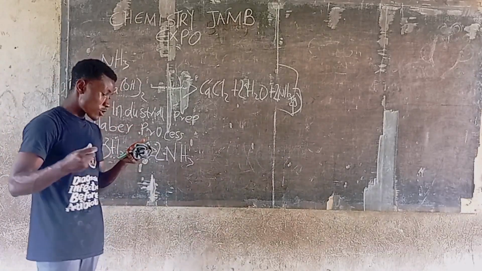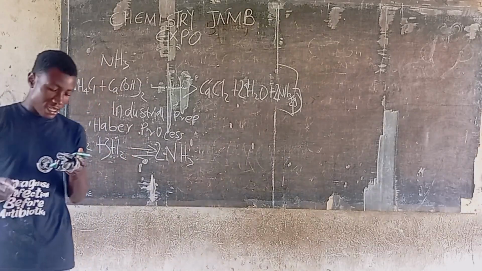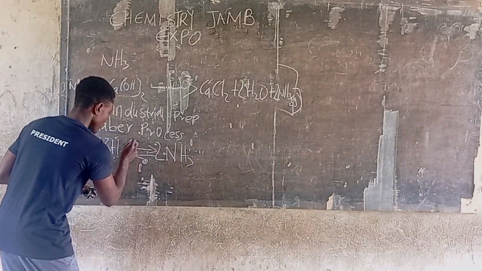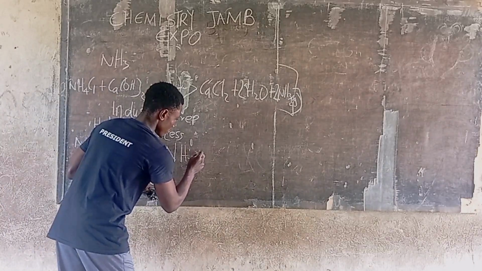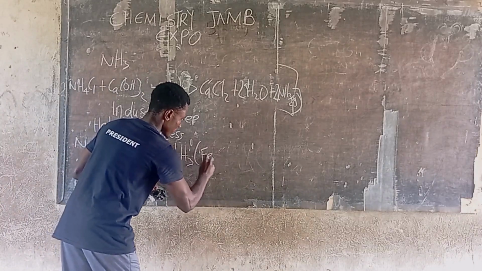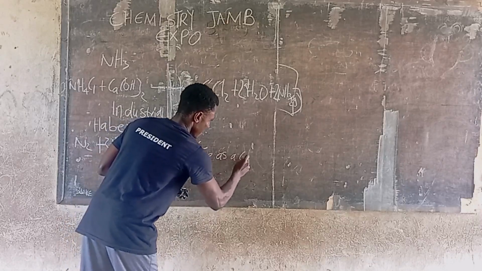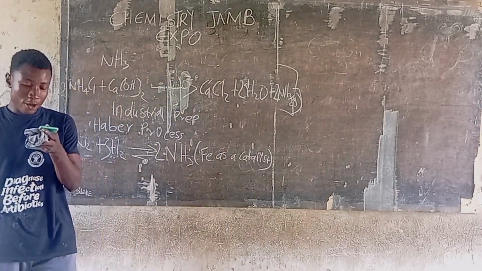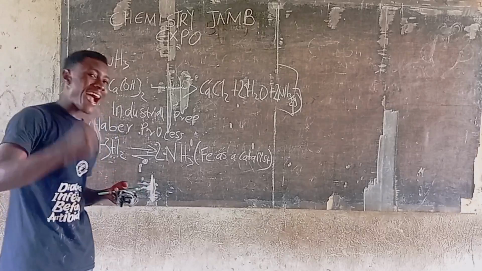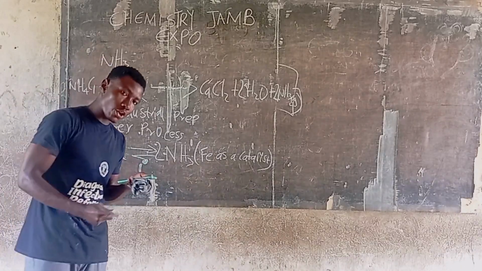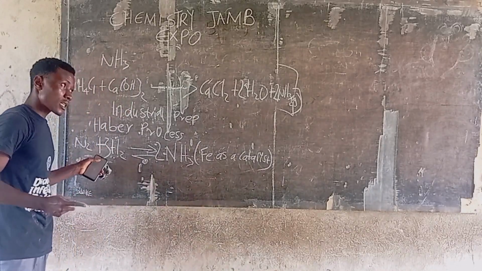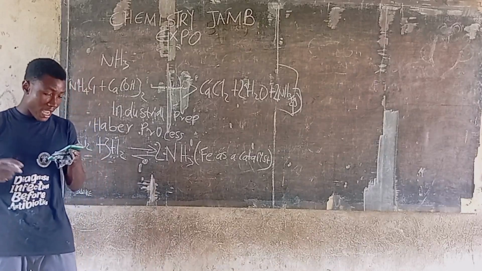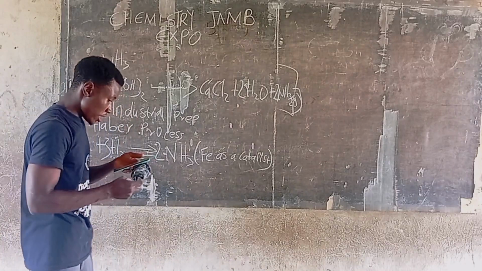Now this Haber process occurs with a catalyst known as iron. So it uses iron as a catalyst under high temperature and pressure. For the Haber process, it uses iron as a catalyst under high temperature and pressure. Then for the next one, which is also here,